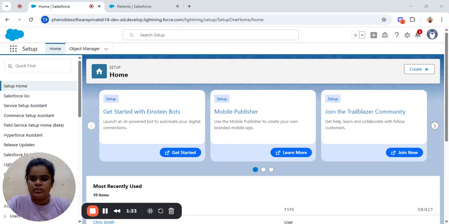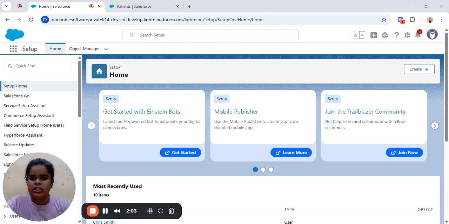Now, one question in your mind is, why do we need care team members in Salesforce? Let me explain. A patient might see different healthcare providers, and sometimes they may be outside your organization.